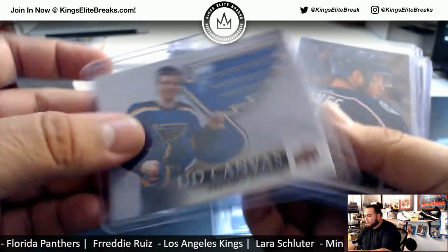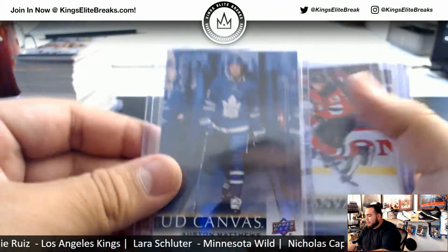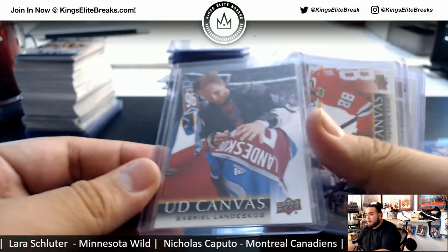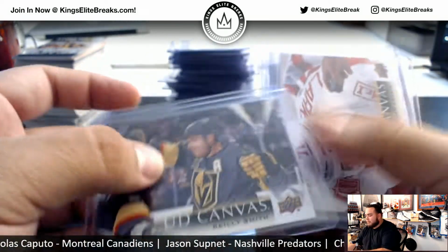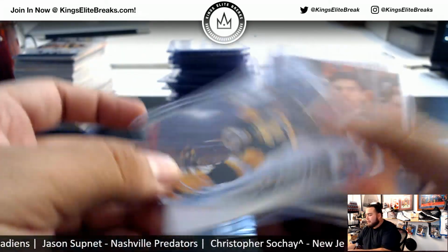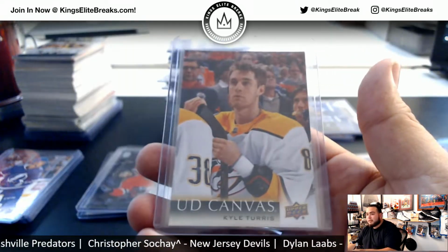Tritron, Braden Shaw, Seth Jones, Auston Matthews for the Toronto Maple Leafs, Nico Hischier, Gabriel Landeskog, Patrick Kane, Matthew Barzal, Riley Smith, Dylan Larkin, Matt Murray, Draisaitl, Johansson, Kyle Turris,